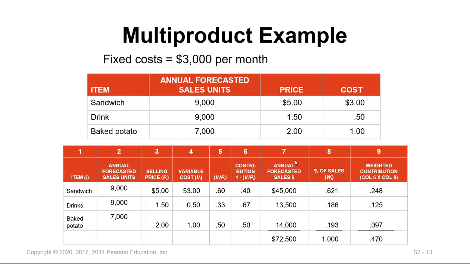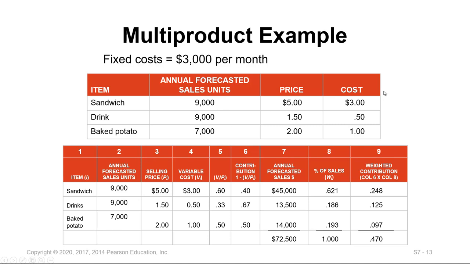This is a multiple product example which addresses products such as sandwich, drink, and fries. So basically we are talking about a restaurant here that will sell these three products. The table in this slide shows the annual forecasted sales units, the price of each unit, and the cost of each unit. So we are selling annually 9,000